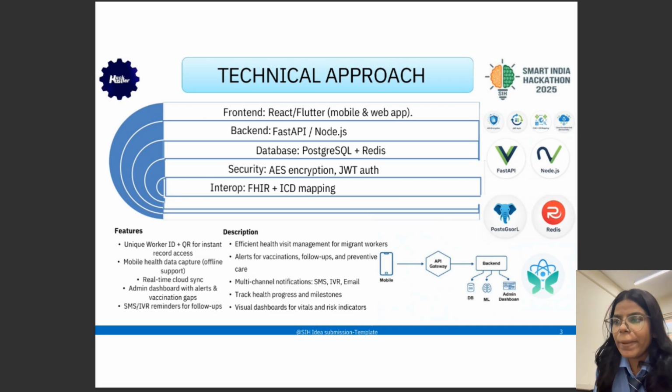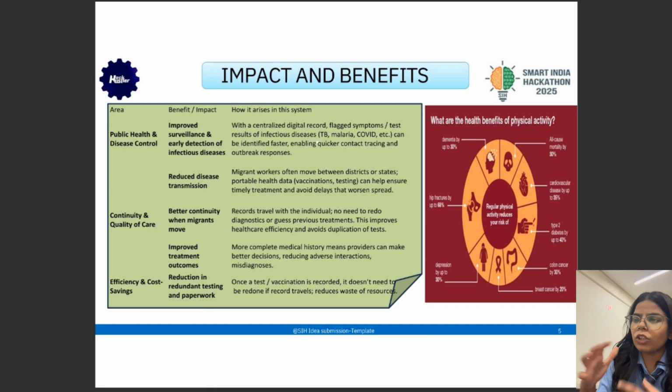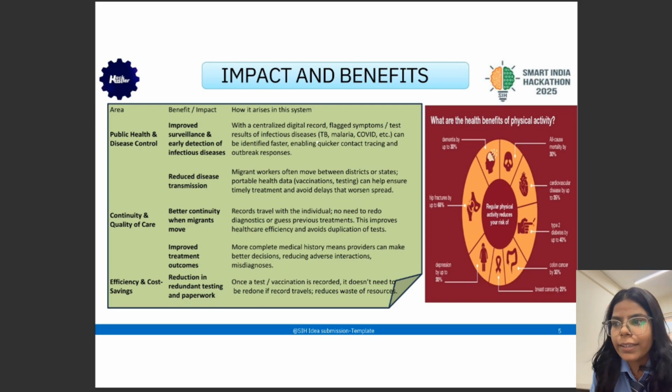We talk about impact and the benefits, in a division of area, benefit and impact, and how it arises in the system. The first one is public health and disease control, and the benefit is improved surveillance and early detection of infectious disease. How it arises in the system: with a centralized digital record, flagged symptoms and test results for infectious diseases, for example TB, malaria, COVID, etc., can be identified faster, enabling quicker contact tracking and outbreak response. The second